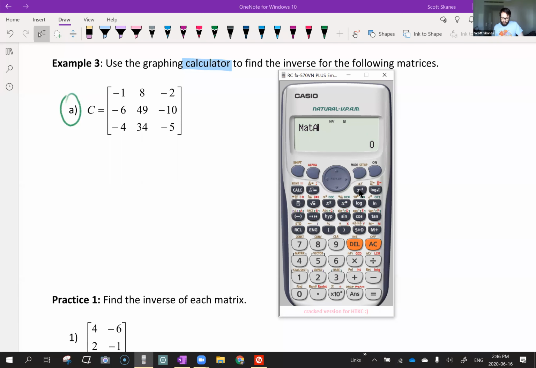And remember, this is the only button you can use for inverses. You cannot do a power of -1. You can't do anything else. You have to click this for inverse. It's the X -1 button. And once you do that, this is the inverse. Now the answer is not 95. The answer is,